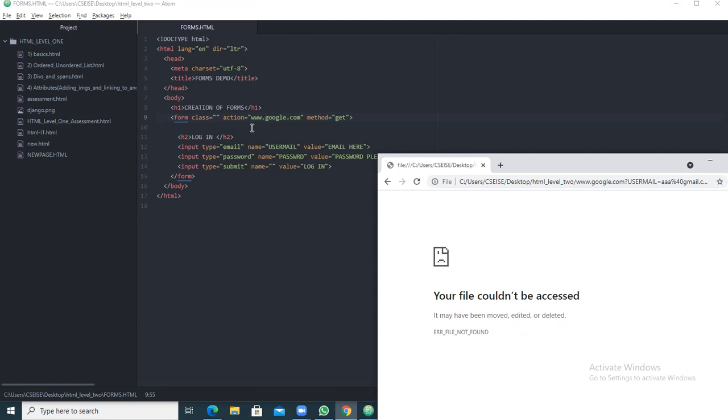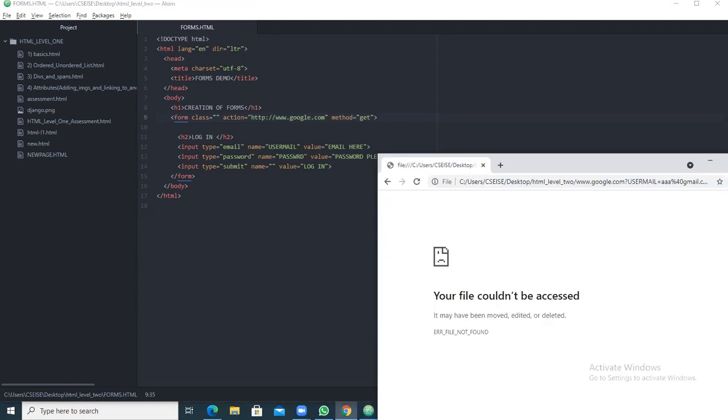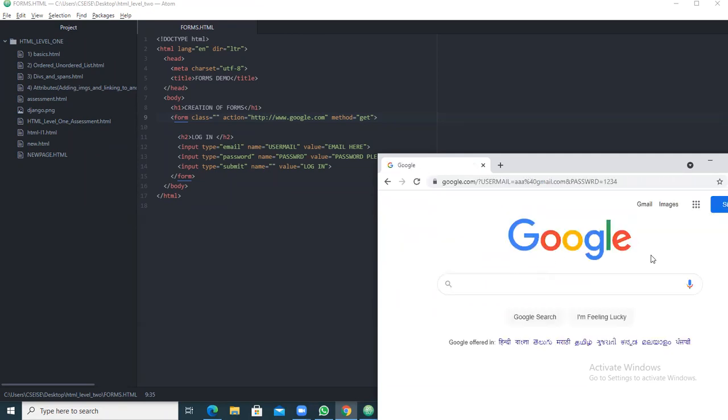You should give the particular website address, that is http://. So you give at gmail.com and password 1234 and login. When you give login, it will take you to google.com.